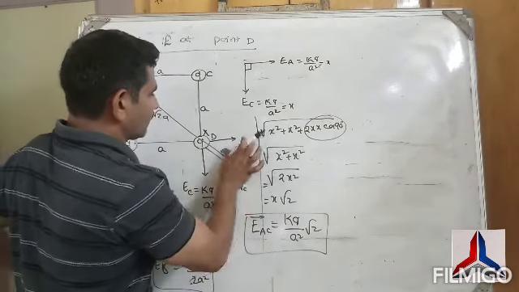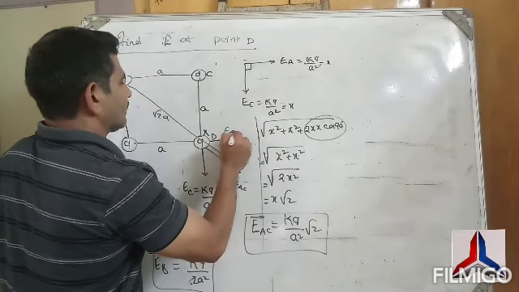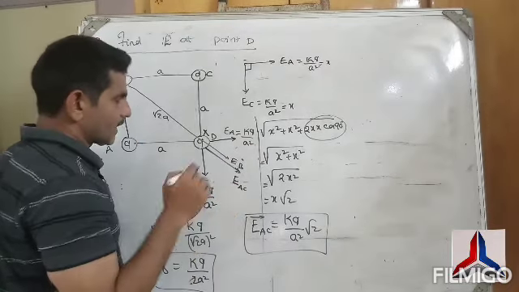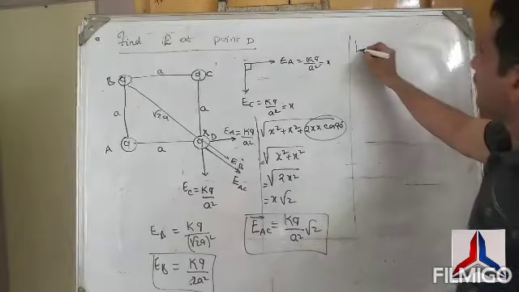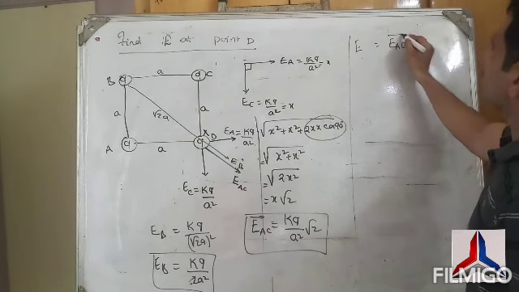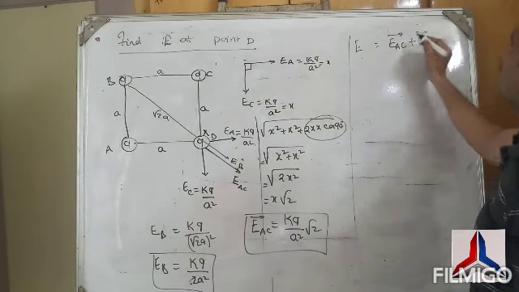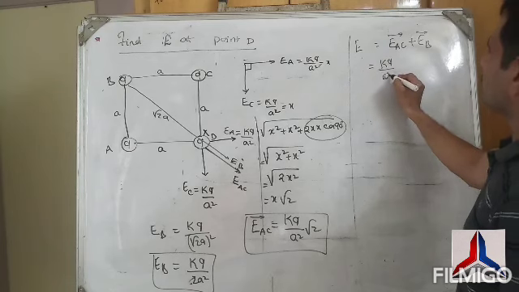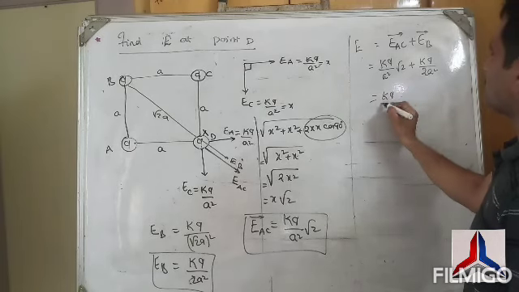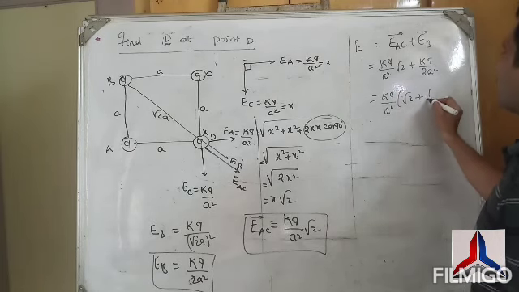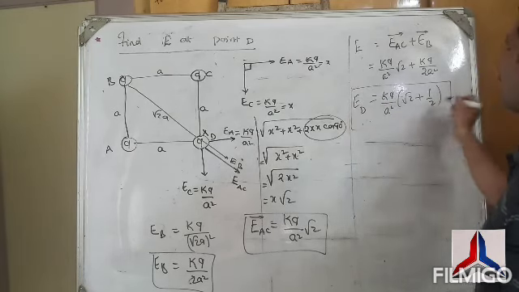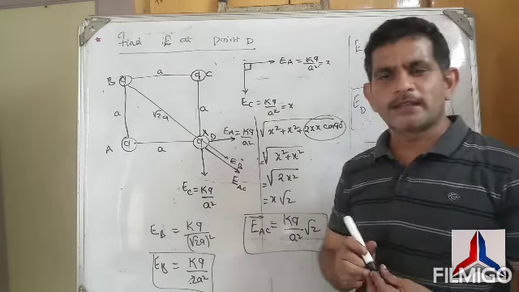And one important and interesting point, EAC and EB are in the same direction. Therefore, the resultant electric field intensity at this point is EAC bar plus EB bar. Then what is that value? KQ by A square root 2 plus KQ by 2A square. So KQ by A square is a common factor. You will get root 2 plus 1 by 2. Electric field intensity at point D, that value is KQ by A square (root 2 plus 1 by 2). I think you can understand.